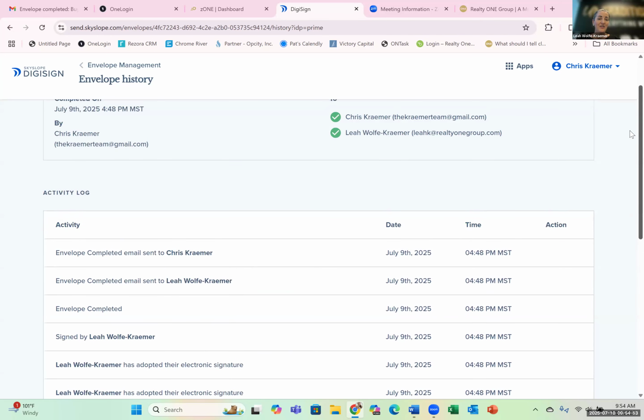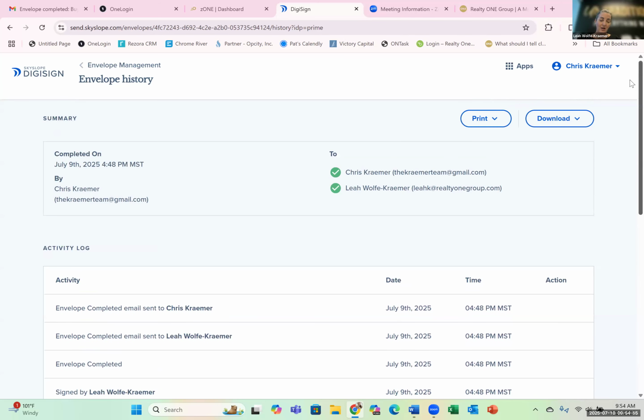So again, if there's ever a legal situation, knock on wood, hopefully not, you would actually be able to pull up and say, nope, they signed on this date. Here is the email address it was sent to. Here are the actions that were taken and when. You can print all of this information off